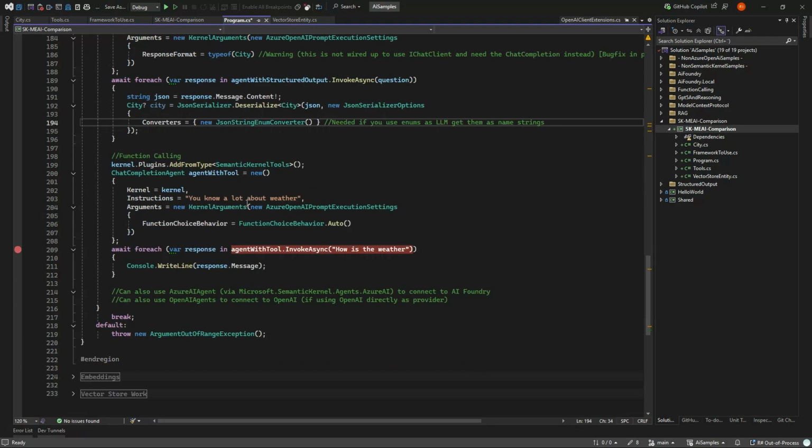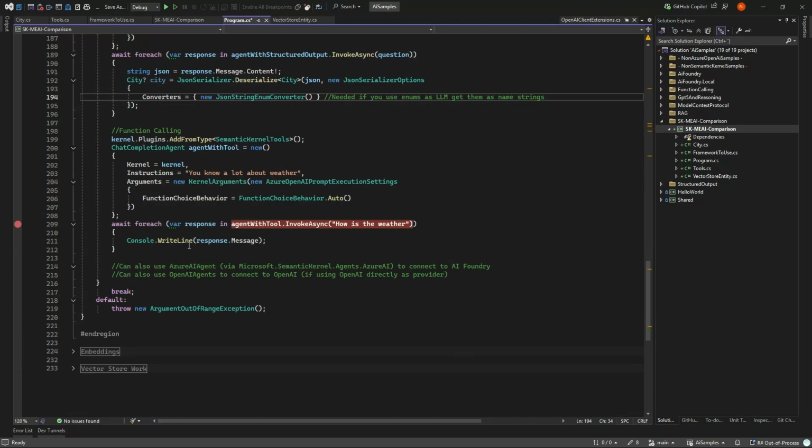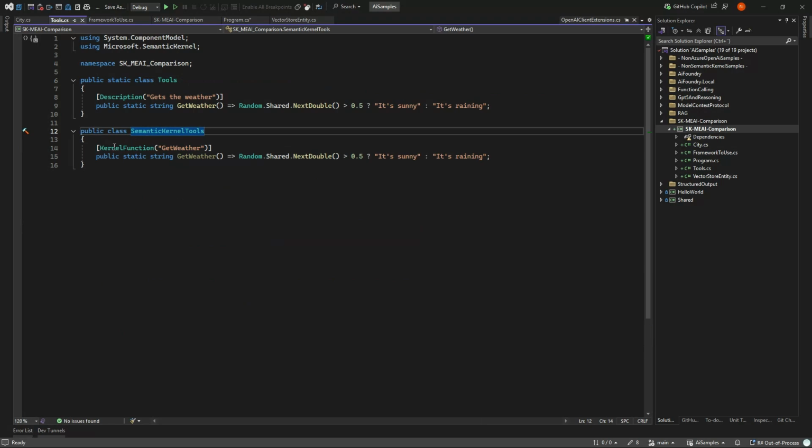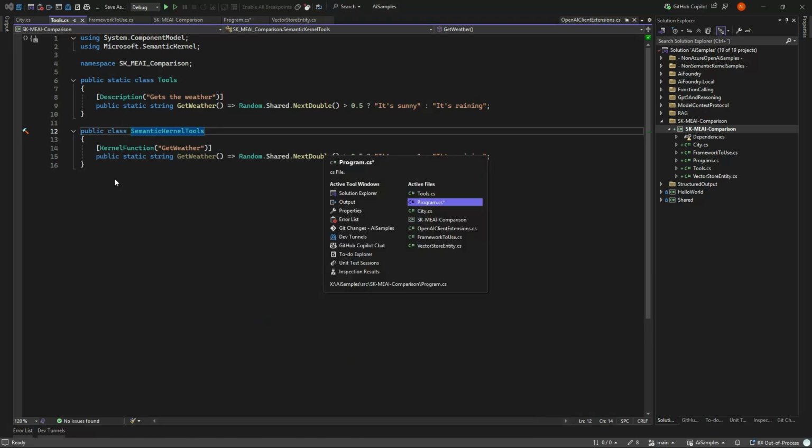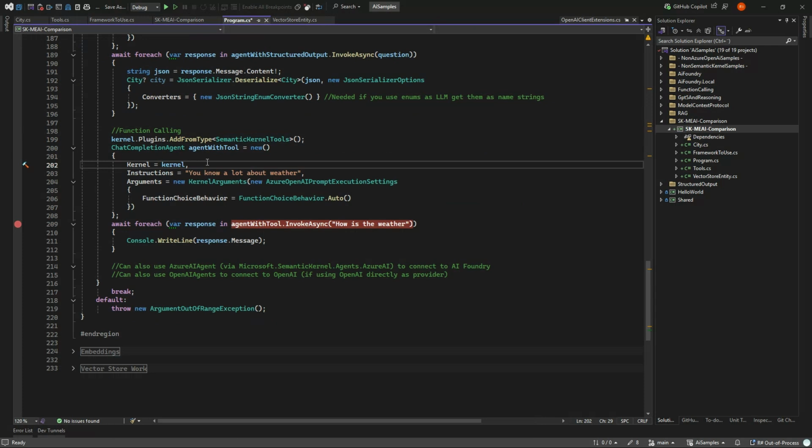Function calling, when we come to that, works more or less the same, but instead you tell the kernel you're working with, which is the agent you work with, what kind of tools there are, and they are decorated with a kernel function, so they can be picked up that way. And then you need to tell how the function calling should happen.